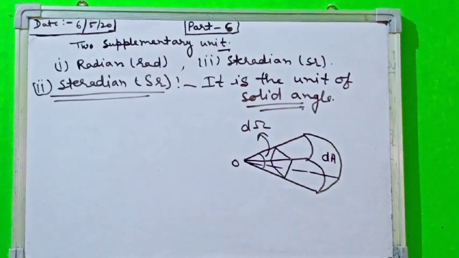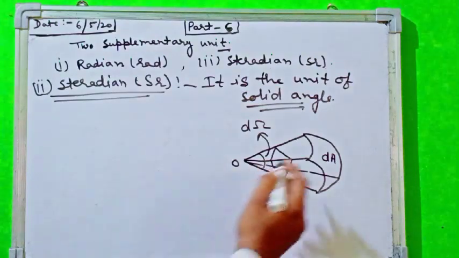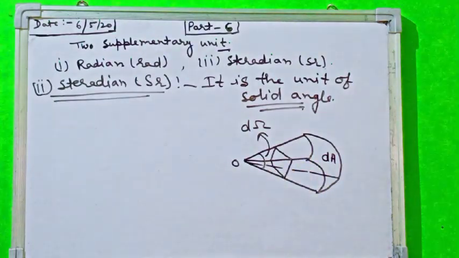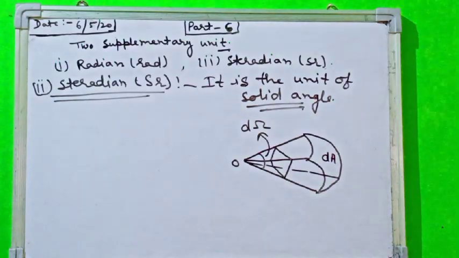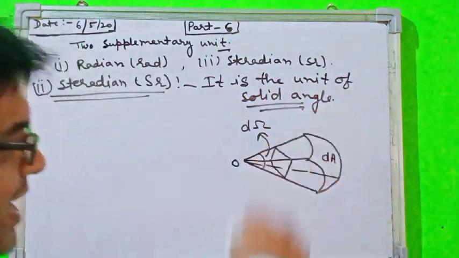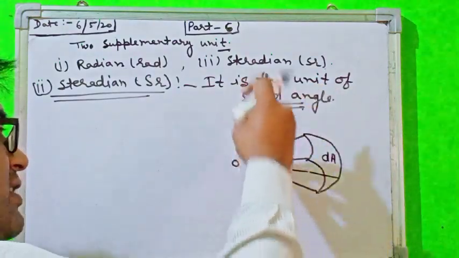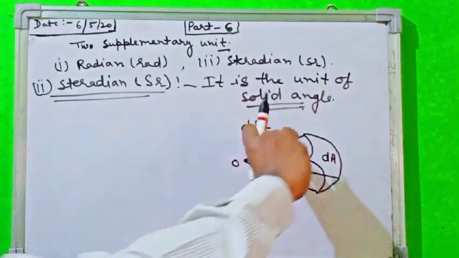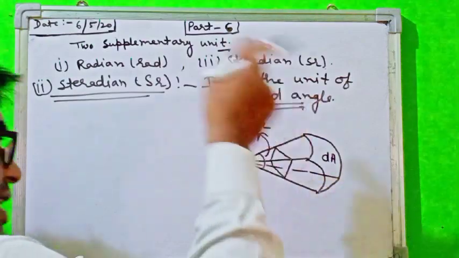So a conical shape like this comes out of the watermelon, and after seeing the color of this portion, you say, oh, it is so red, so it is very ripe and very sweet and tasty, so give it to me. The shape you get after cutting a surface of the solid, which makes an angle at the center of the solid, is called a solid angle.